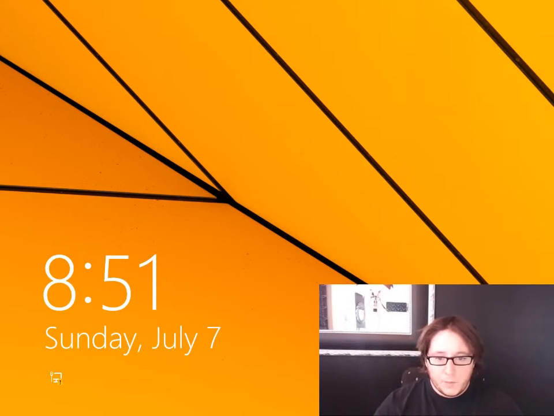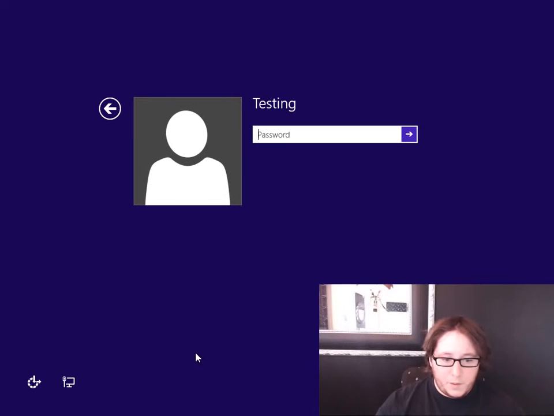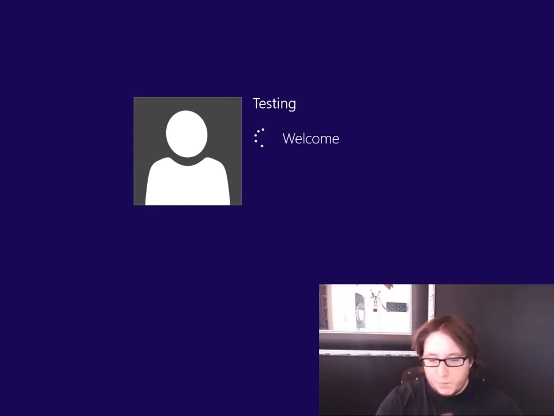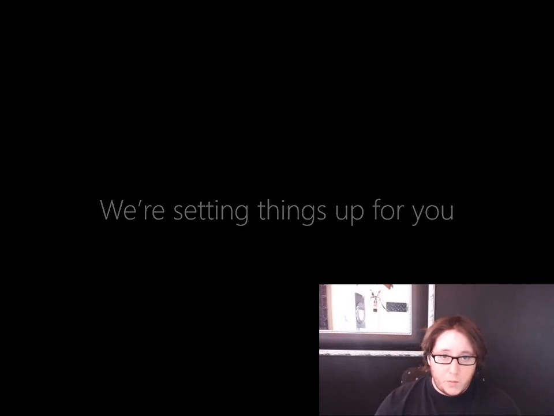So we're letting it load up. Okay. And as you see, we have the account testing. We'll go ahead and type in the password hacked. Oh, wait. I was going to use the on-screen keyboard, but I forgot that's done. So we'll go ahead and type hacked. And instead of talking you through this, you know this is what you're forced to see on any new user account in Windows